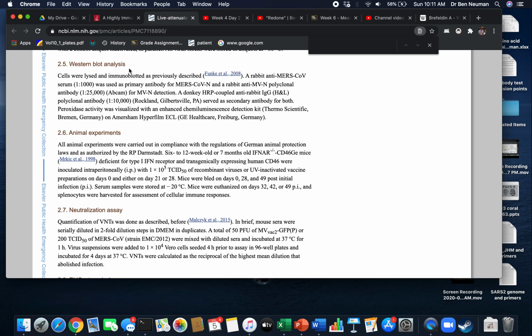You might have heard of it already. This is a thing where you look for proteins. And you're going to run a protein gel just like normal. You're just going to push all the proteins down, sort them out by size. But then at the end, to find your very most special protein, you're going to put an antibody on against, for example, the coronavirus N. And that'll show you which of these proteins, because there'll be thousands on that gel, is actually the one that